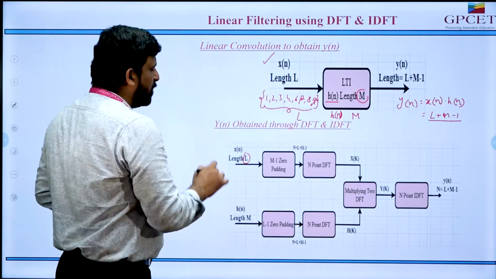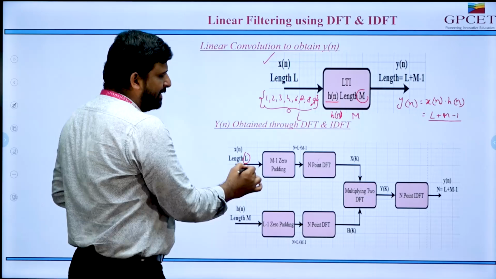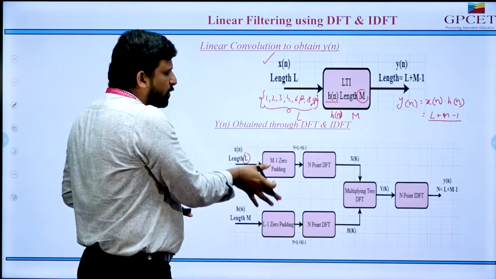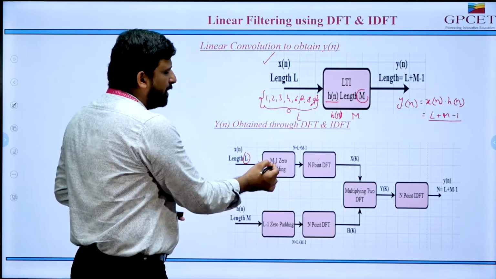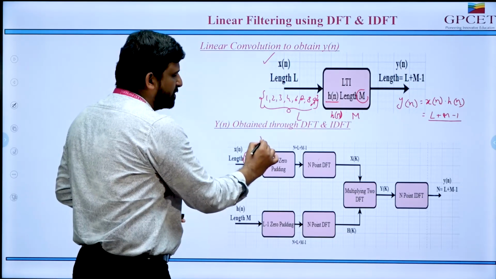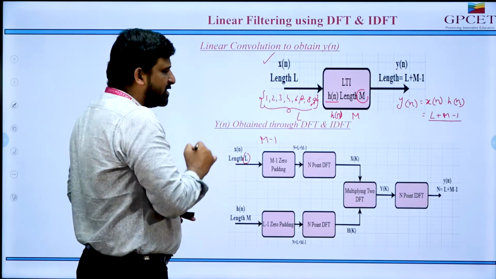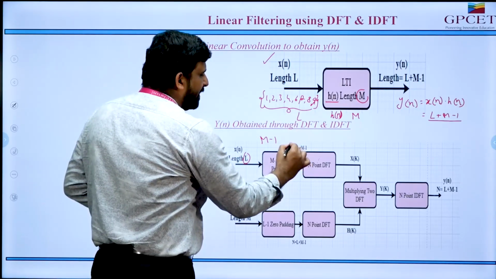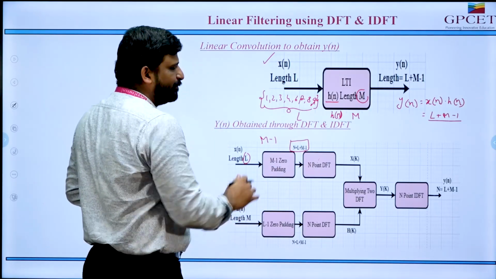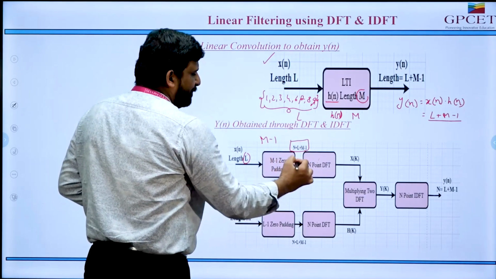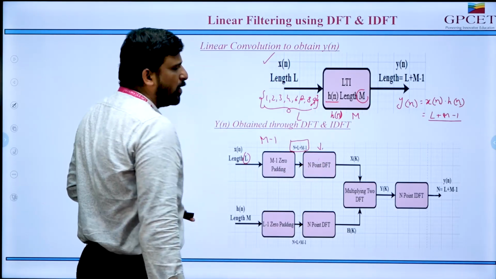For that, first what I am doing, I am giving as an input x of n with the length capital L. While I am giving, I need to balance the length of the sequence. That's why I am adding M minus 1 zeros to the input x of n. Then the total length will be N is equal to L plus M minus 1. Here finally after zero padding, the final equation is the N-point DFT,